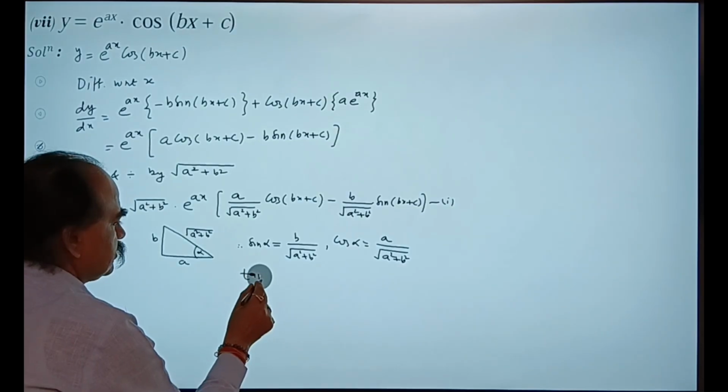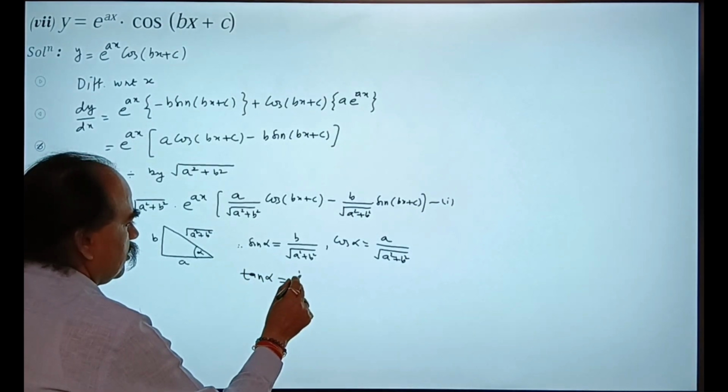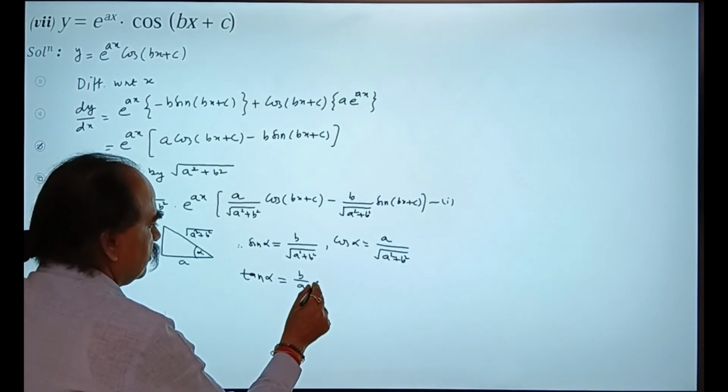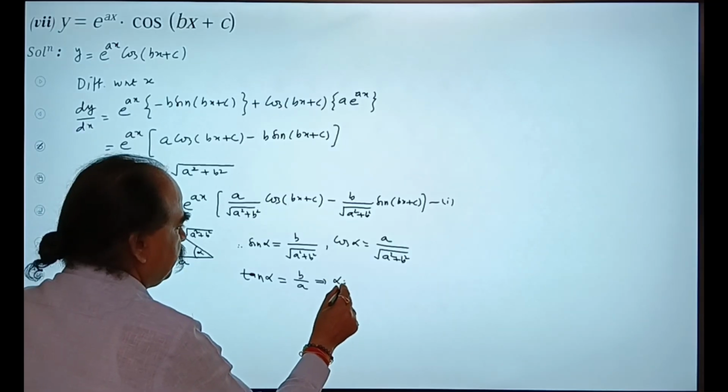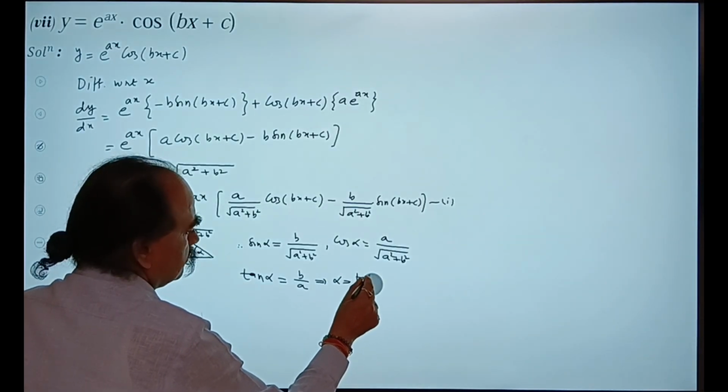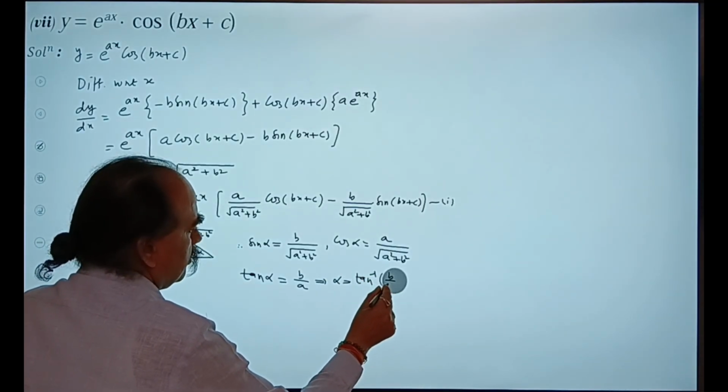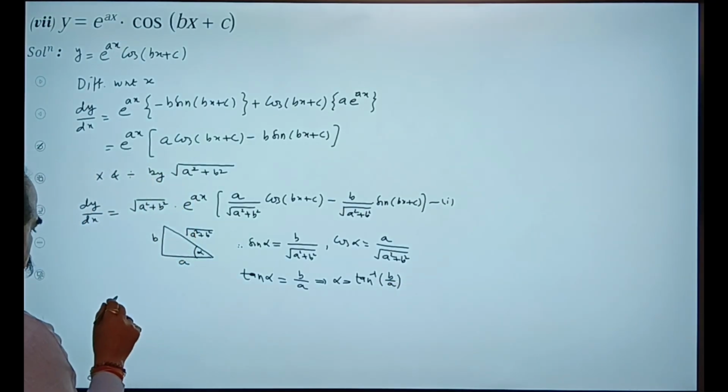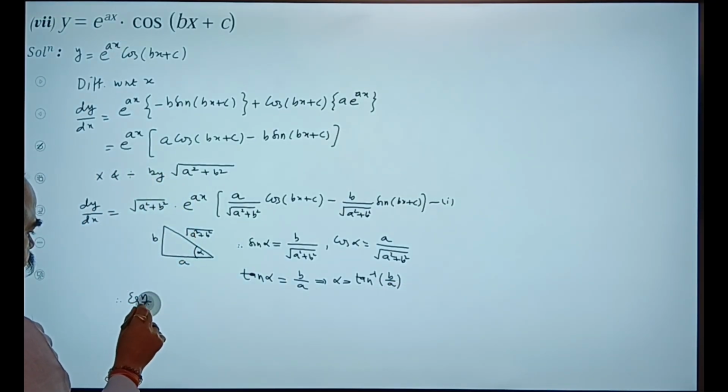Tan alpha is what? b by a. So this implies alpha is what? Tan inverse b by a. Therefore, equation 1 becomes